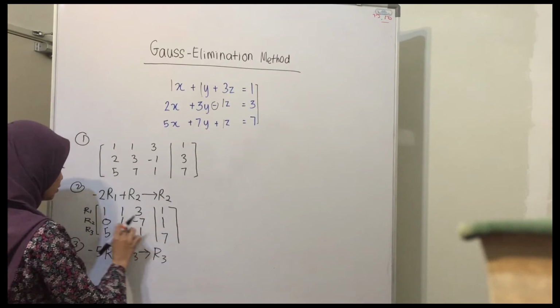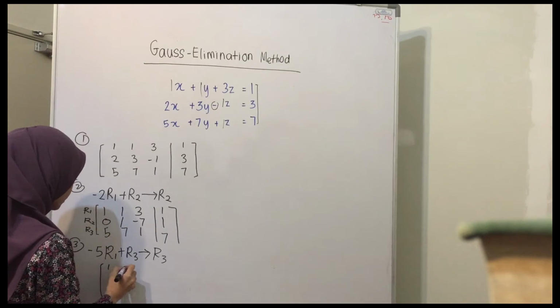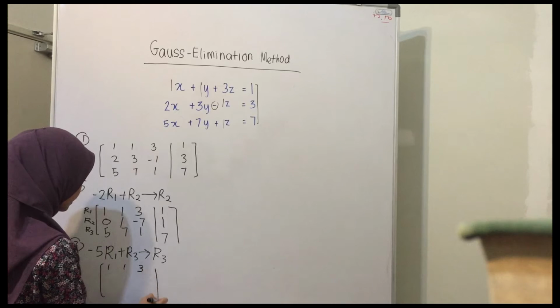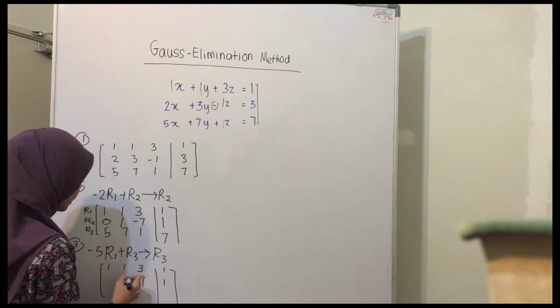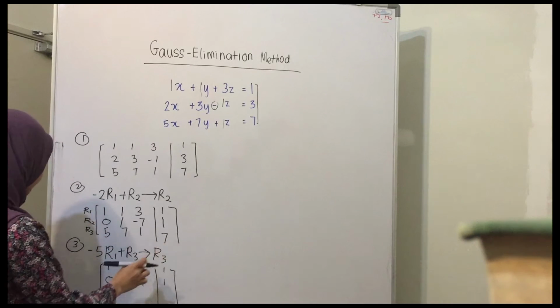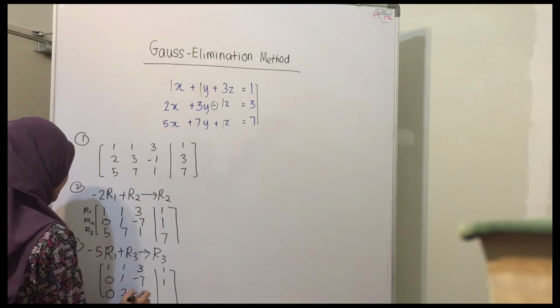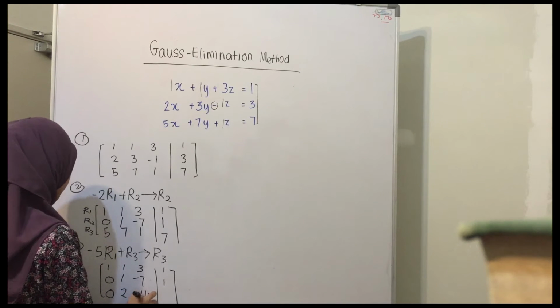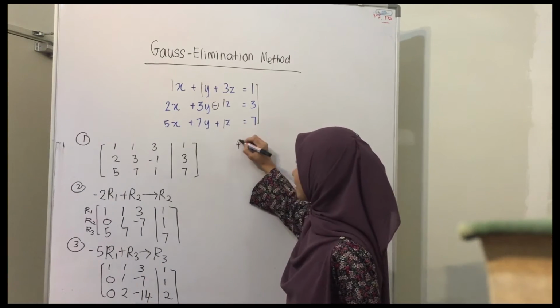R3 will change the number here. So 1, 1, 3, 1, 1, negative 7, 1, 0. And now we do row 3. So it will be 0, 2, negative 14, and 2. And the fourth step is